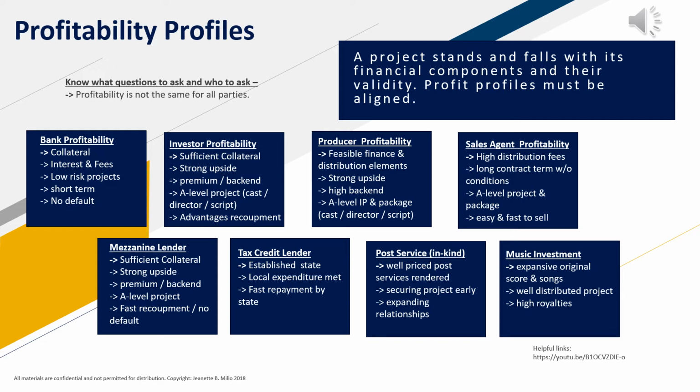They are usually paid pretty fast because the payment occurs the minute the production is done and the expenses have been provided to the state, maybe during a tax return or through a tax period. Usually the tax credit lender would be paid back within 12 to 18 months, unless he is cash flowing a credit where the tax credit region says we're going to pay you back in installments, not all at once,